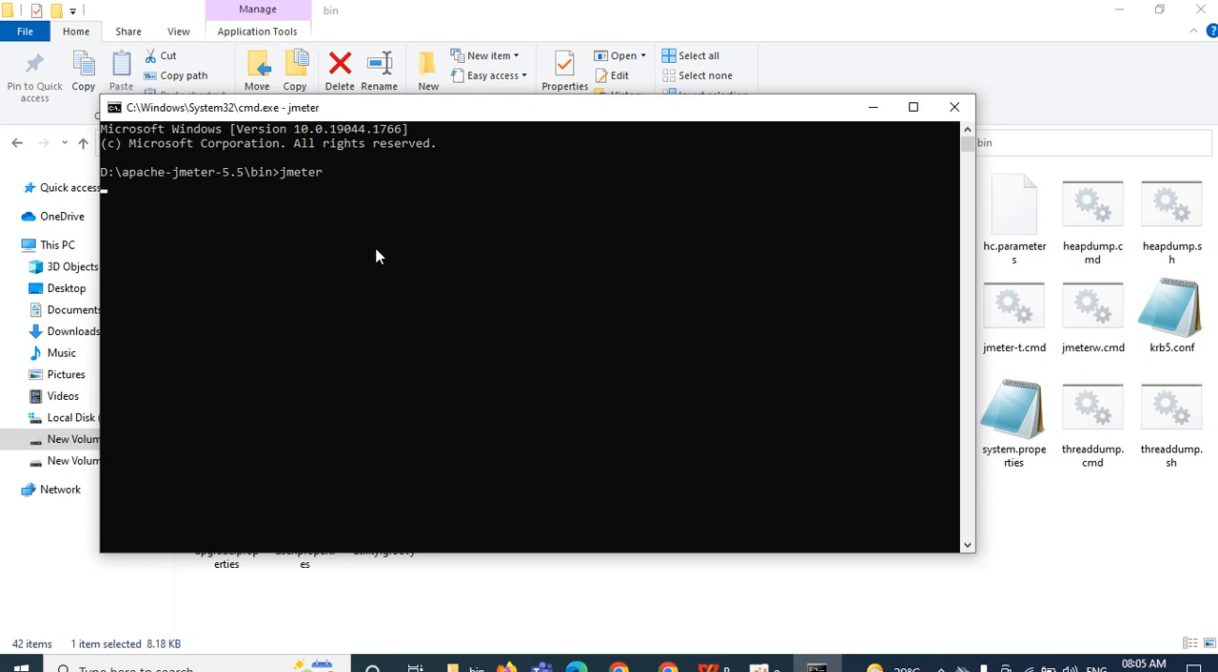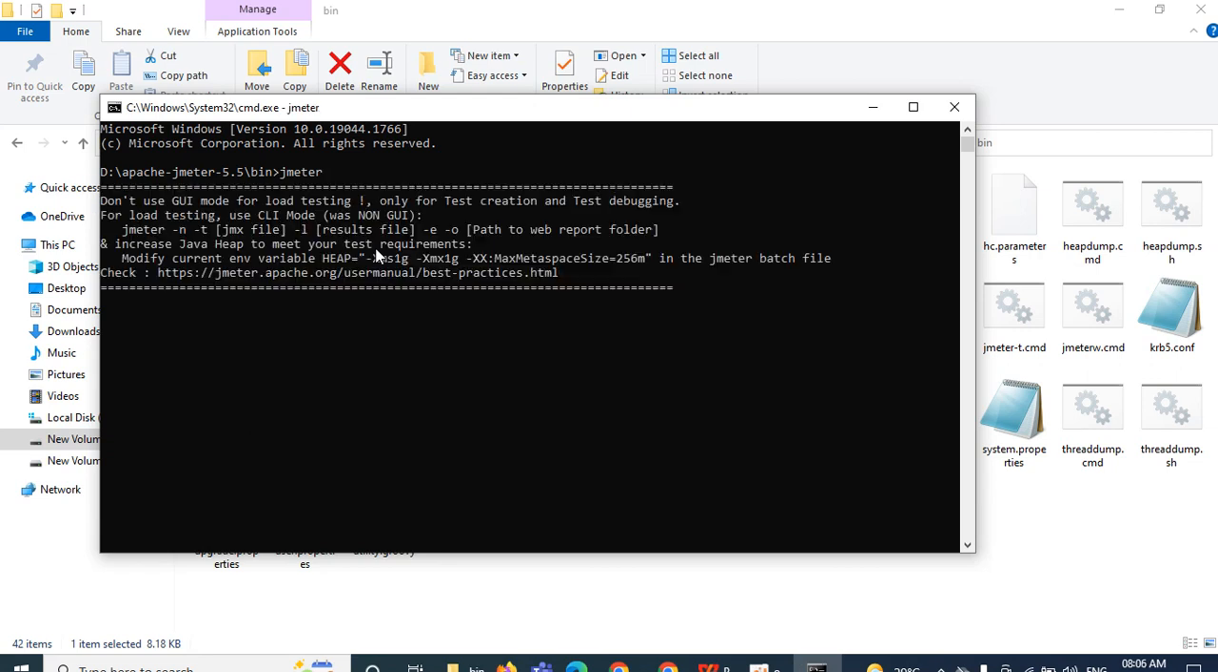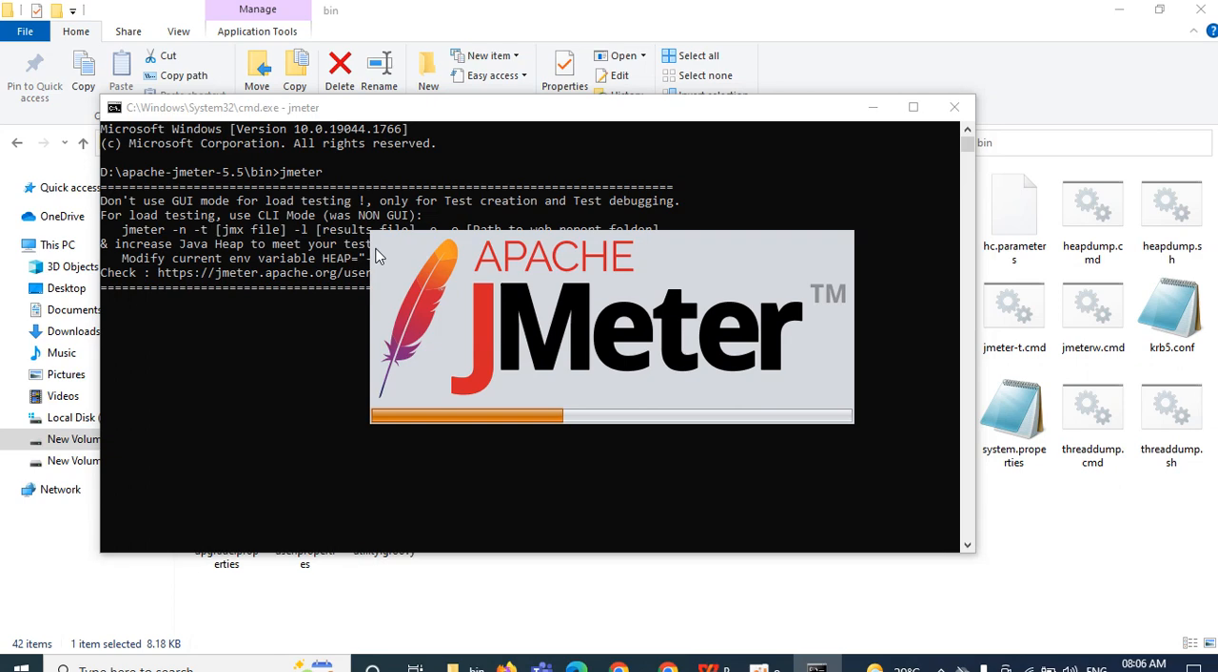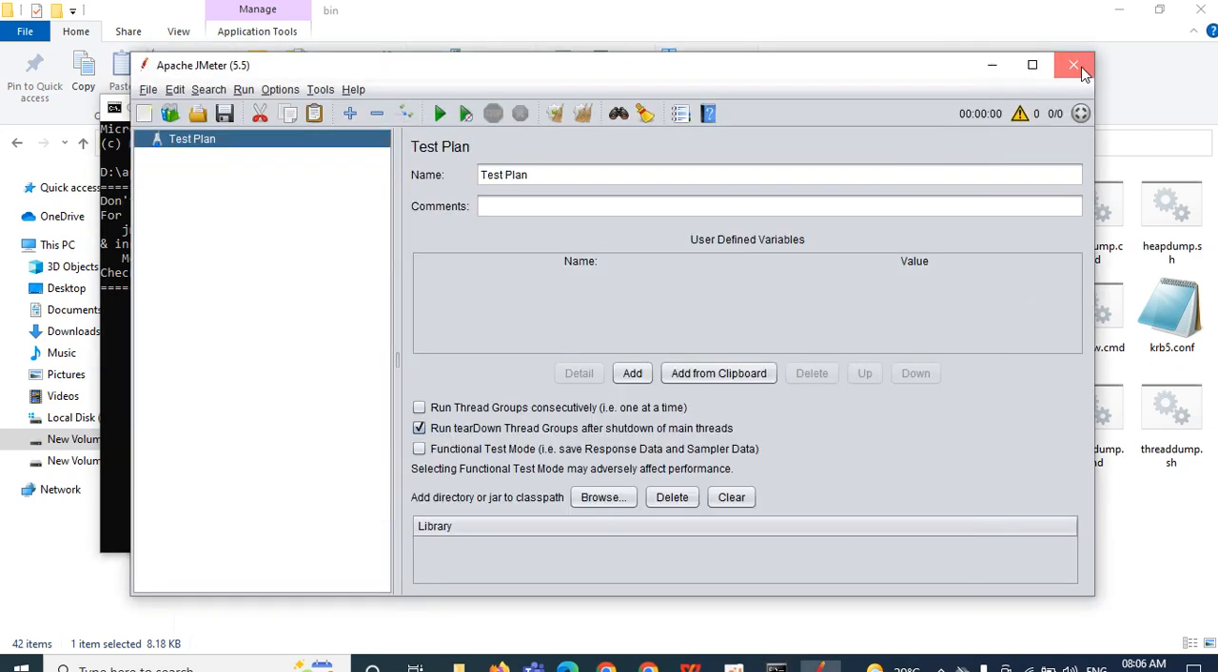Click on the enter button. See, JMeter is opening. See, JMeter is launching now. Okay, similarly, whenever you are working with